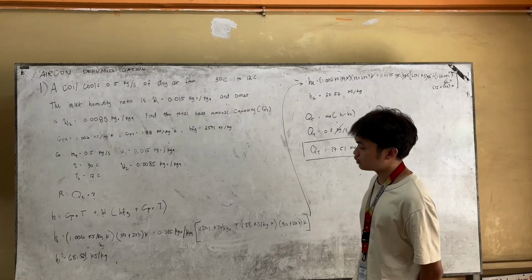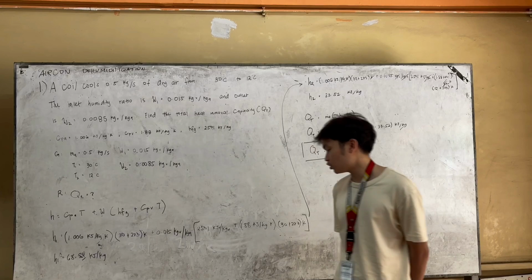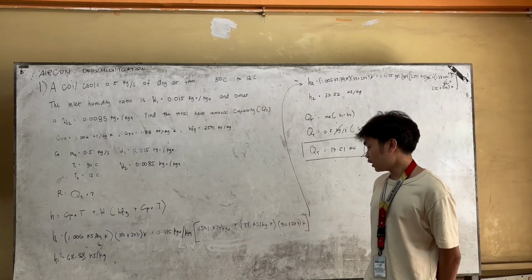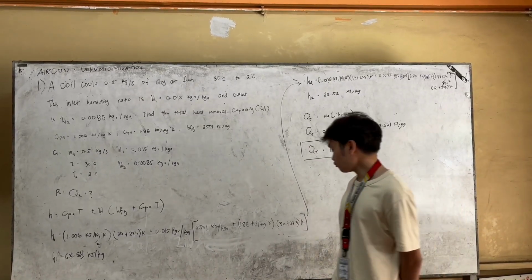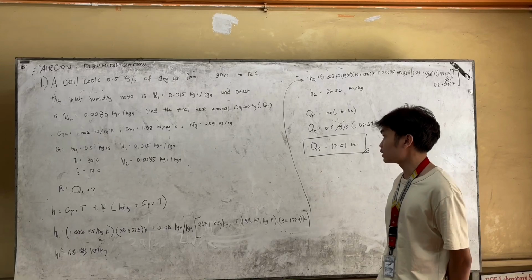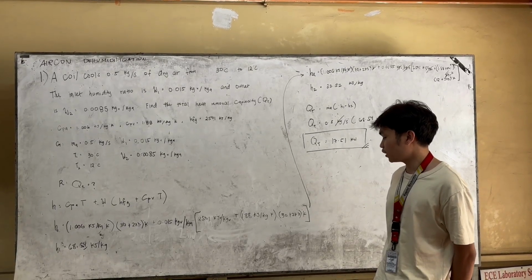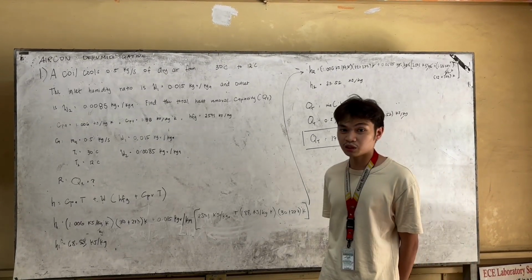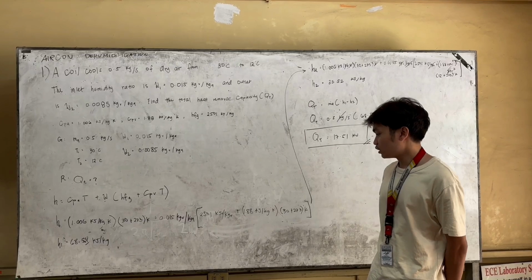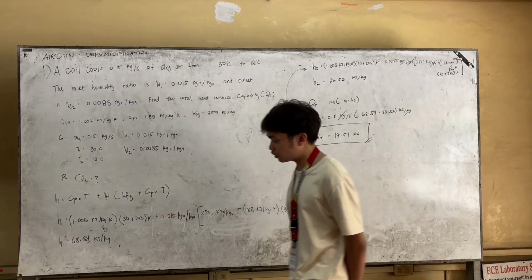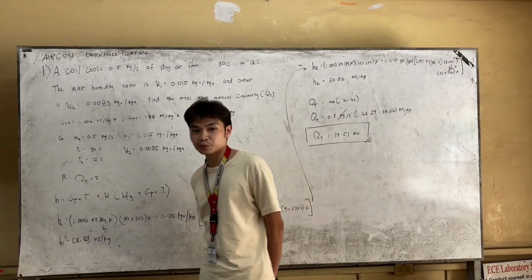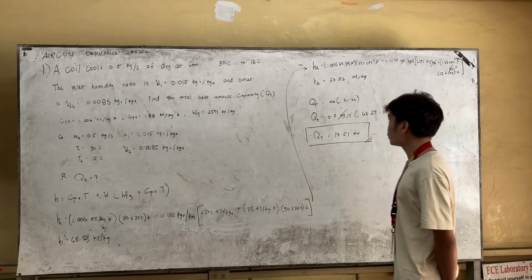the Cp of the vapor, which is 1.88 kilojoules per kilogram Kelvin, times the temperature in the state 1, which is 30 degrees. We need to make it to absolute value, so we need to add 273. So multiply them all, we have the value of 68.54 kilojoules per kilogram. Next, for H2,